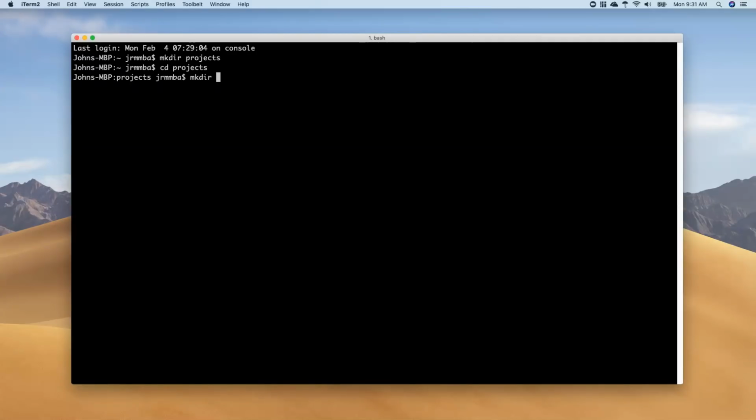So I'm going to create a folder that I'm going to call employee app. And we're going to create a small application in Java that works with employee data and things. So that's why I'm creating this directory. And now I'm going to change to that directory. And I'm going to create another directory that's called source. And this is very important. You have to have a directory that's called source when you're working with Java. And then under the source directory,